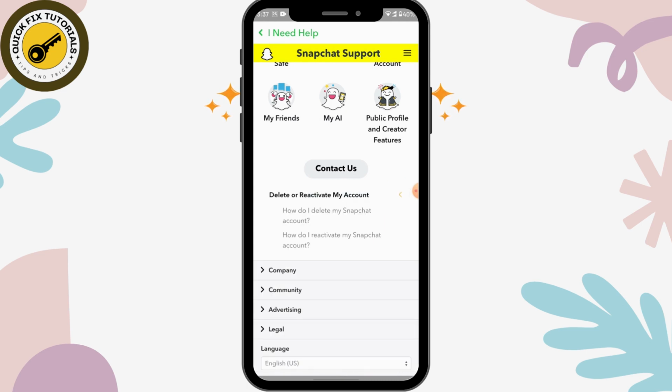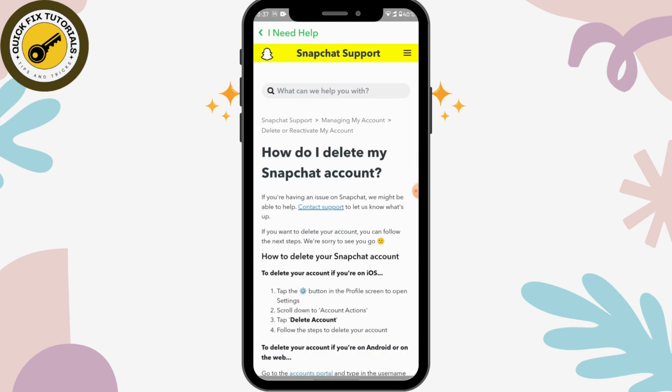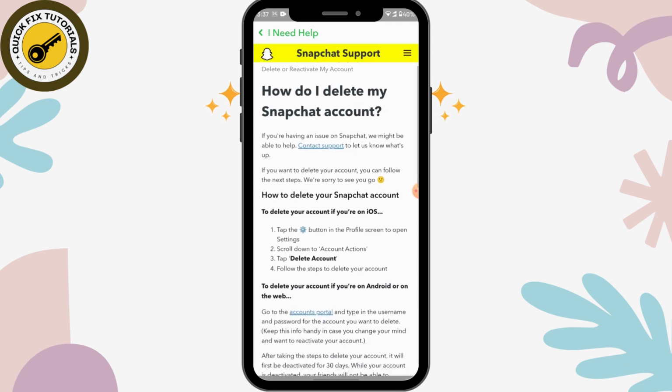Tap on that, and then here you will have two options: how do I delete my Snapchat account and how do I reactivate my Snapchat account. So we are here to delete account, right? So we should tap on how do I delete my Snapchat account, and then here if you scroll down you